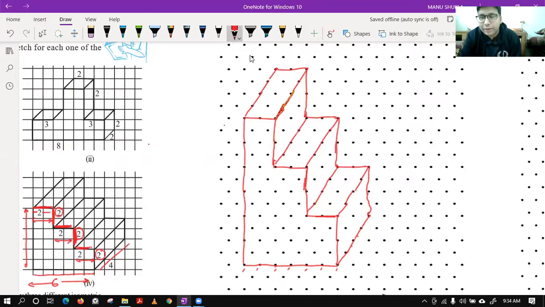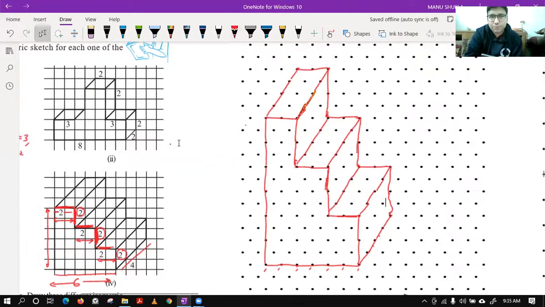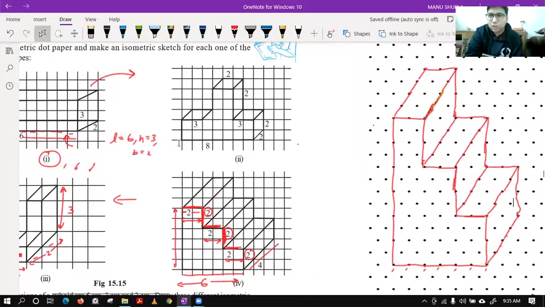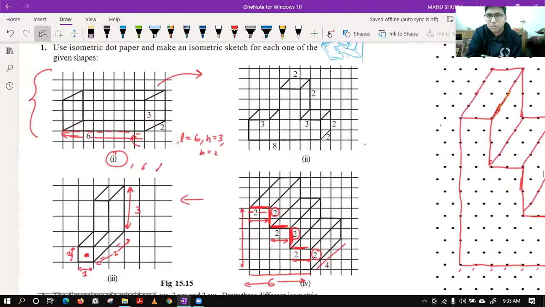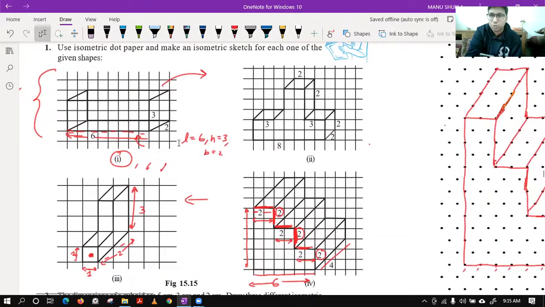Now tell me, any issue in the exercise? Anyone having any issue in the exercise, please ask. Sir, how to draw in oblique? Okay, oblique. Tushita is saying issue. Tushita, in which question, beta? Please ask. I think this isometric part is clear to everyone because it is very easy to make. You have to just count the number of dots. Okay, you are saying no issue.